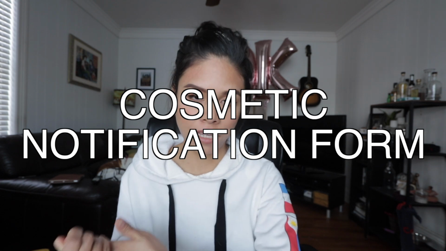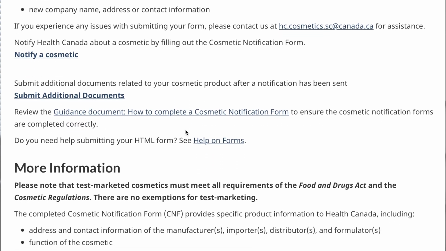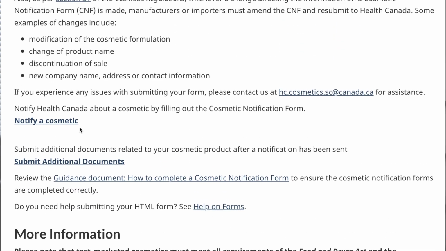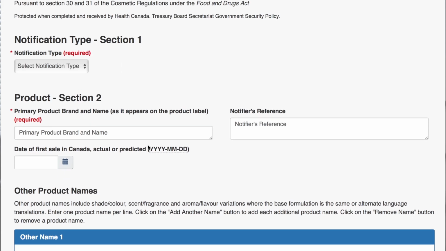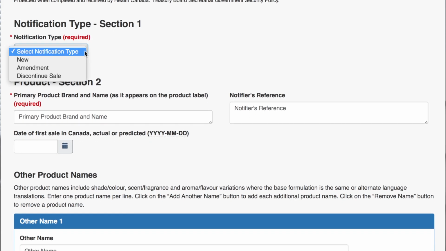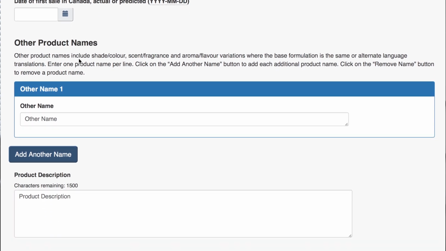So Health Canada and CNF forms, what is that? CNF stands for Cosmetic Notification Form. And what that is, is a form in which you list all of your ingredients in their common INCI in the order that they're used in your recipes, while providing also the percentage of that ingredient used in that recipe. You're submitting that into Health Canada, and what they will do is assess your recipe and let you know whether or not it is safe,